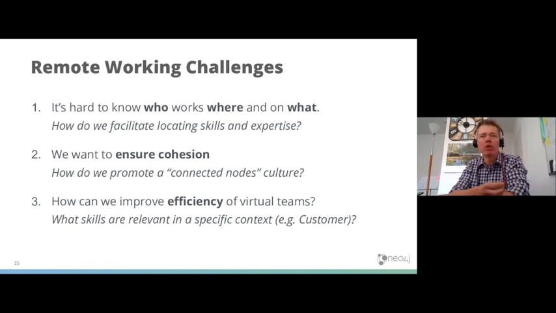In addition, we also wanted to look at cohesion: we've got people working together or interested in a specific topic. How can we see who are the people that are connected to that topic, whether that topic is a use case, a customer, or a technical topic? How can we find those connections?